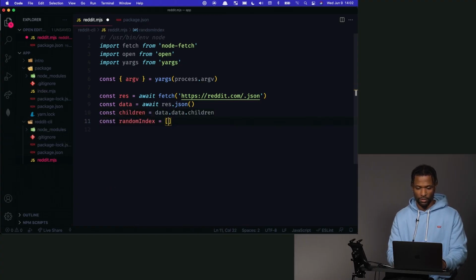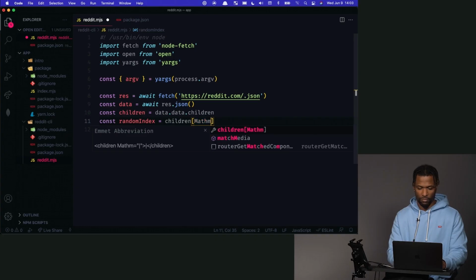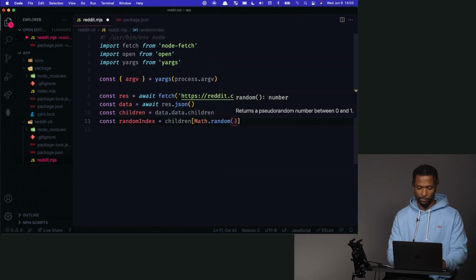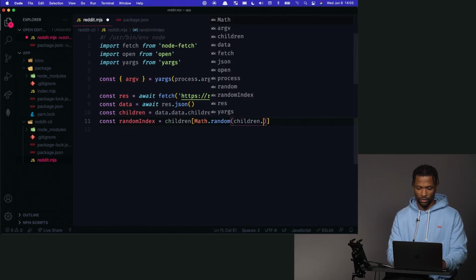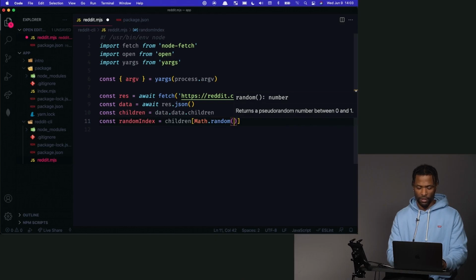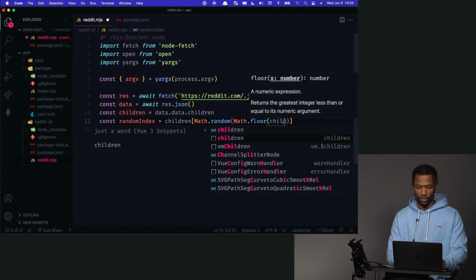Children equals that. And then now we can say, let's get children, what is it, math.random, children.length, no, it's math.random and then like math.floor, children.length